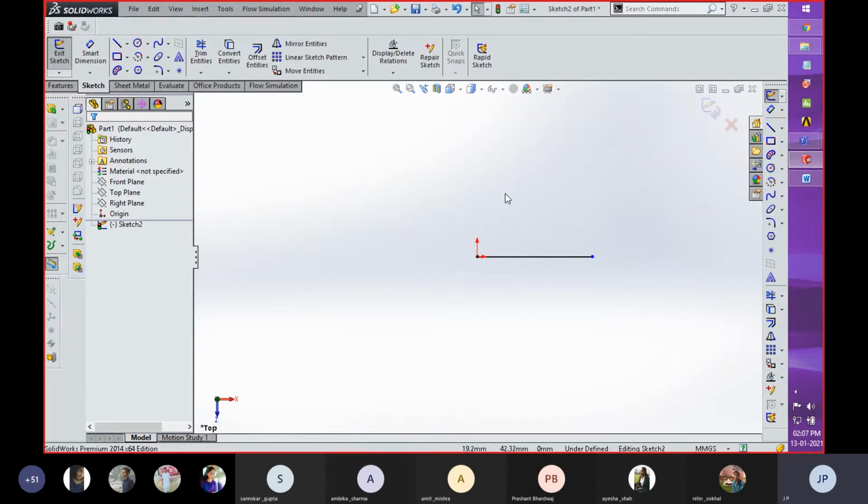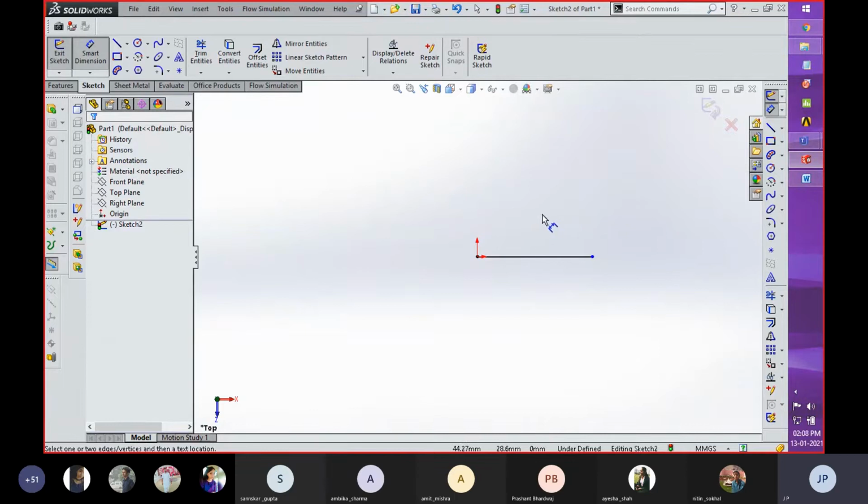So with respect to dimension constraint, how can you give this line a dimension? With the help of smart dimension, you can dimension this line. For dimensioning, you can use a mouse gesture or you can select this toolbar from your ribbon. I'm going to use my mouse gesture. For getting this dimension toolbar with the mouse, you have to press your right button and then drag the mouse, and over here you can see that this dimension toolbar is available. By dragging your mouse on that toolbar, you enter that command.